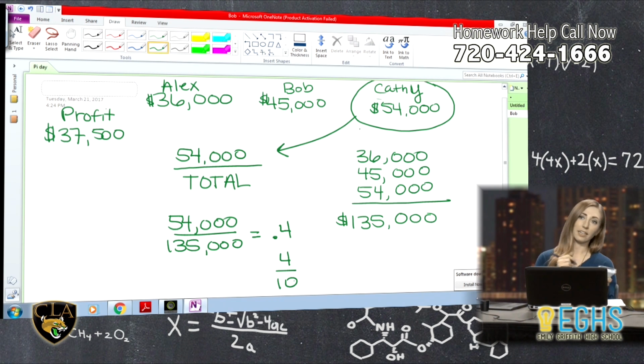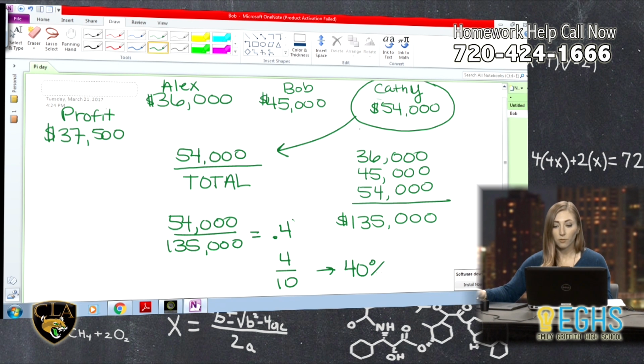The way that I did that is I just divided the numerator by the denominator, that's it. Or you could also say 4/10. I should also say in percentage form, she's 40%. So that's how much she invested in comparison to Bob and Alex. She did 40% of the investments. So we know that she's going to get the same portion of the profit that she invested. That means she's going to get 40% of the profit,